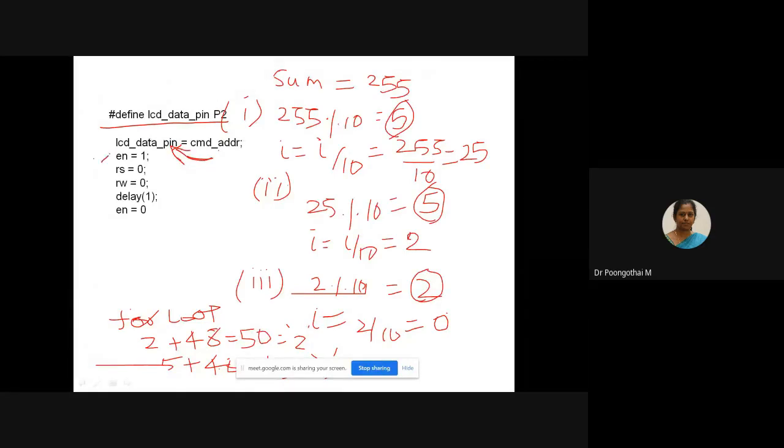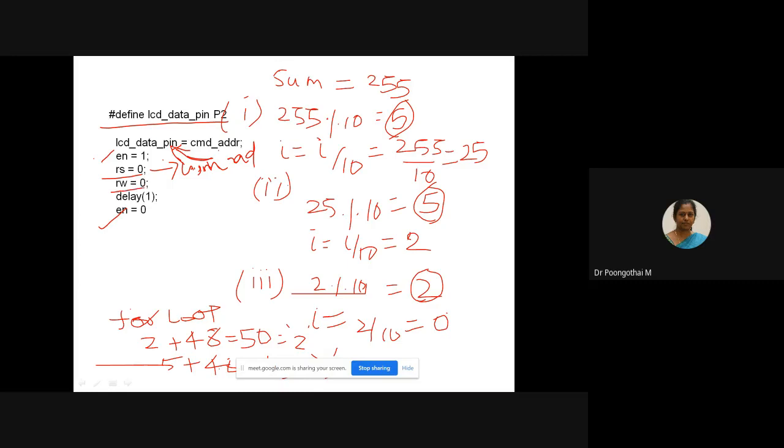Next, to enable the LCD display operation, you have to apply a high to low pulse. So EN is equal to 1. And here your register selection is the command register, so RS should be 0. Suppose when RS is equal to 1, it means your data register will be selected.